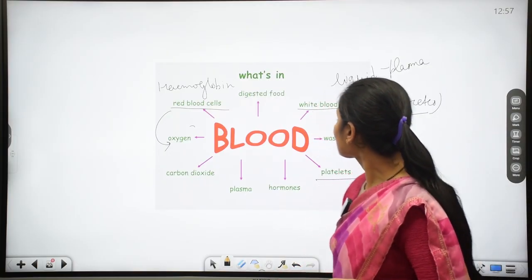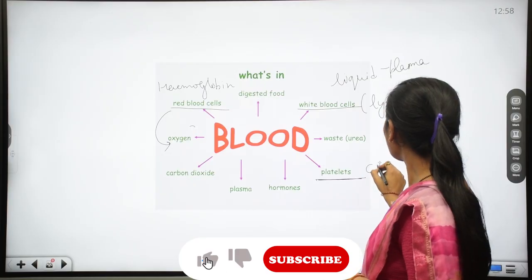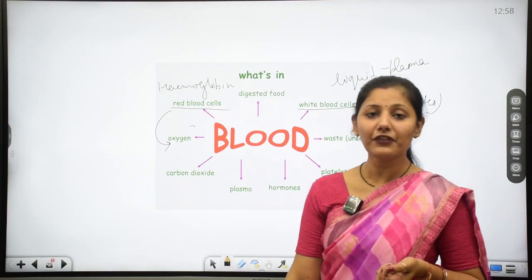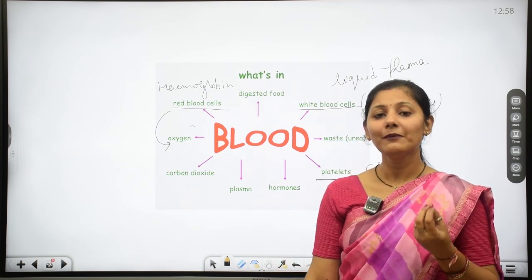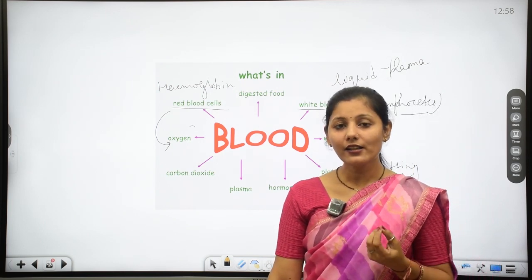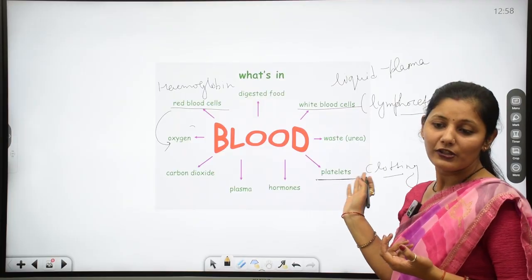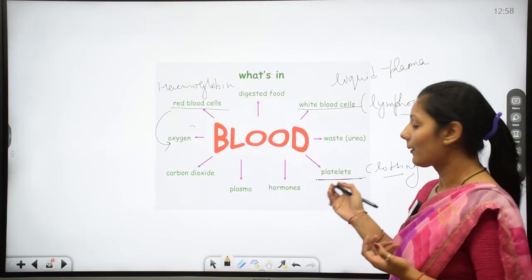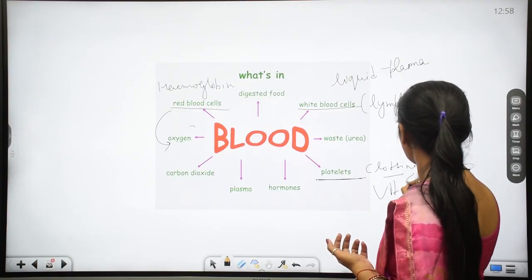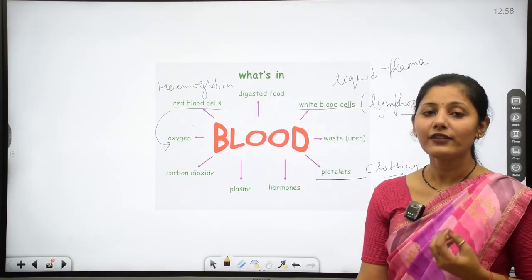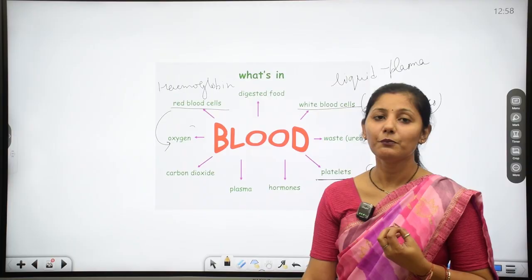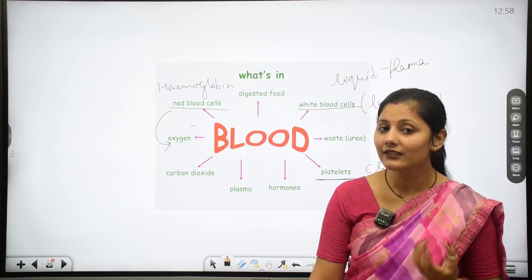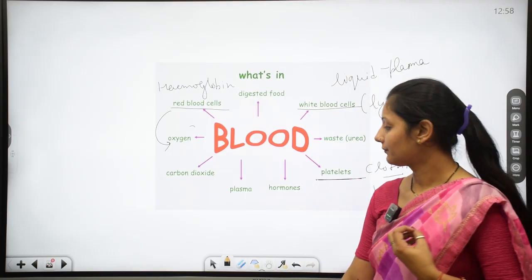And the next thing is the platelets, which are responsible for clotting of the blood. You know that when we have any kind of injury in our body, after some time the blood gets clot. So this is platelets, which is responsible for the clotting of the blood. Platelets have vitamin K, which is responsible for the clotting of blood. It means if you have the deficiency of vitamin K, or the platelet, then your blood will not clot.